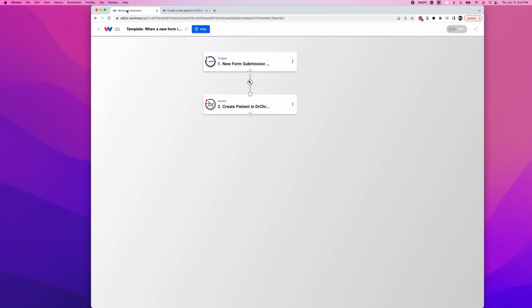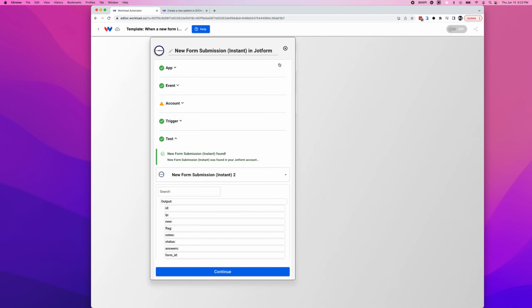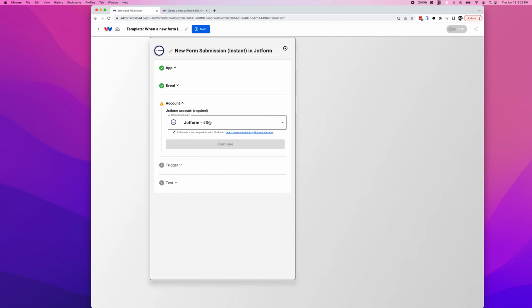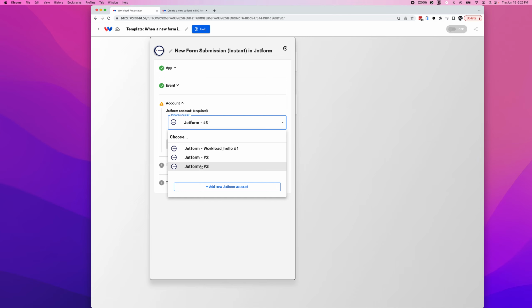It might take a few seconds to load, but when it loads, your screen will look similar to this. What we'll do is go ahead and click on the trigger step here, step 1, and click the edit button. And we're going to go to the account page. I already have some accounts set up for myself, but you're going to